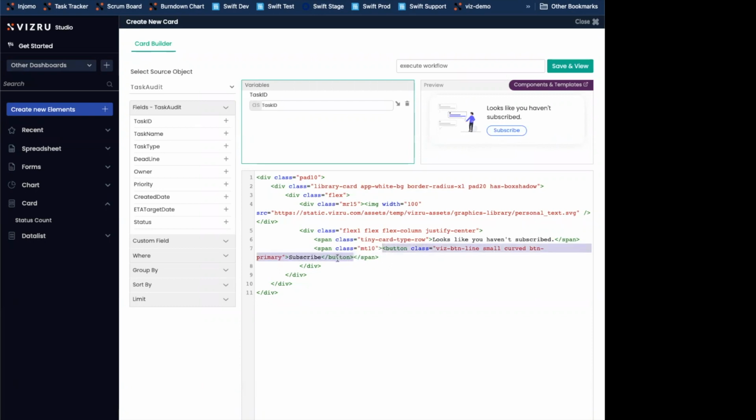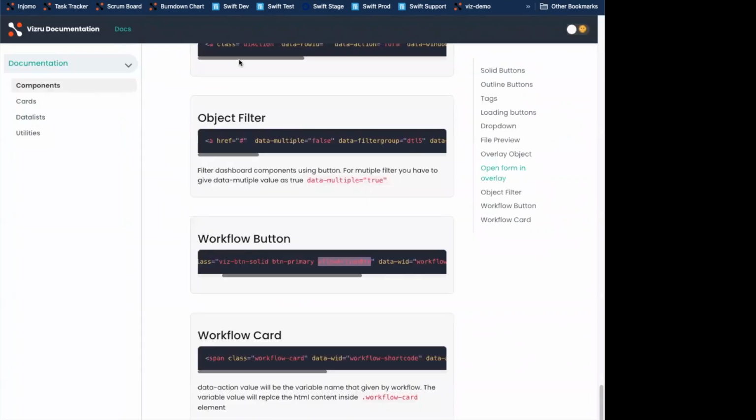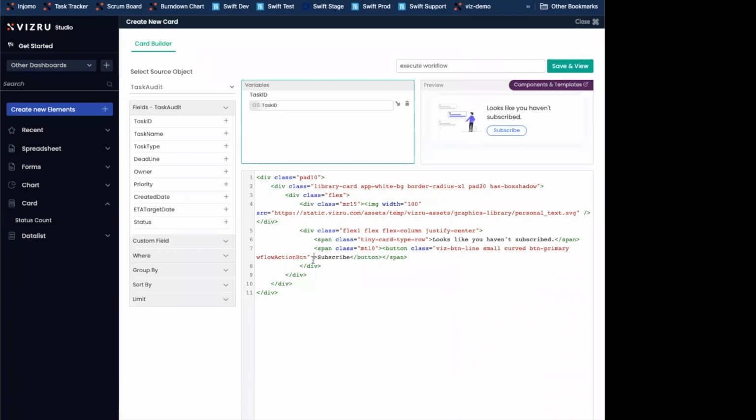All right, so in the HTML, we can see we have this button, subscribe, there's our button. Okay, so now what we want to do is inside the class, we'll go ahead and add that workflow action button. And then the second thing we're going to need is the workflow ID. That is, what workflow do you want to trigger once this button is clicked? So we'll grab that, add that here. So that WID stands for workflow ID. And all we have to do here is change this to our